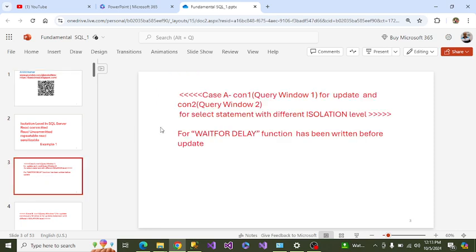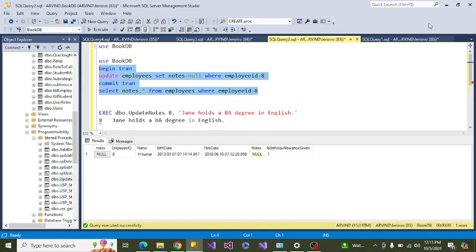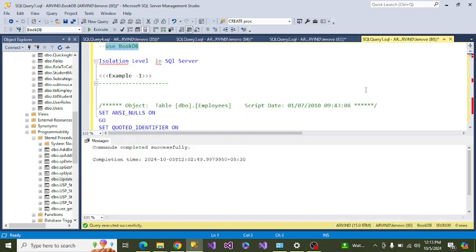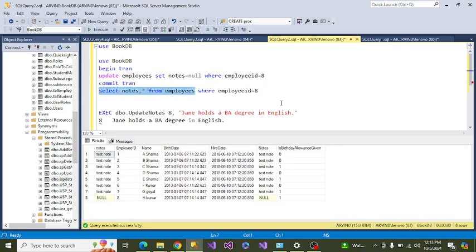To save time, I have created some things for you. I created and stored a table, an employee table, though you can create any table. It has an employee ID as the primary key, and the rest of the columns are just for testing purposes. With it, I will show you how we can apply these isolation levels.